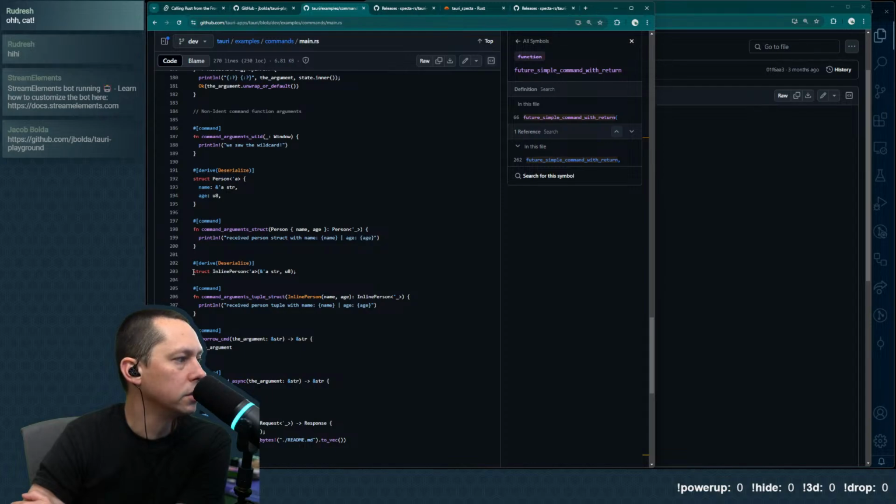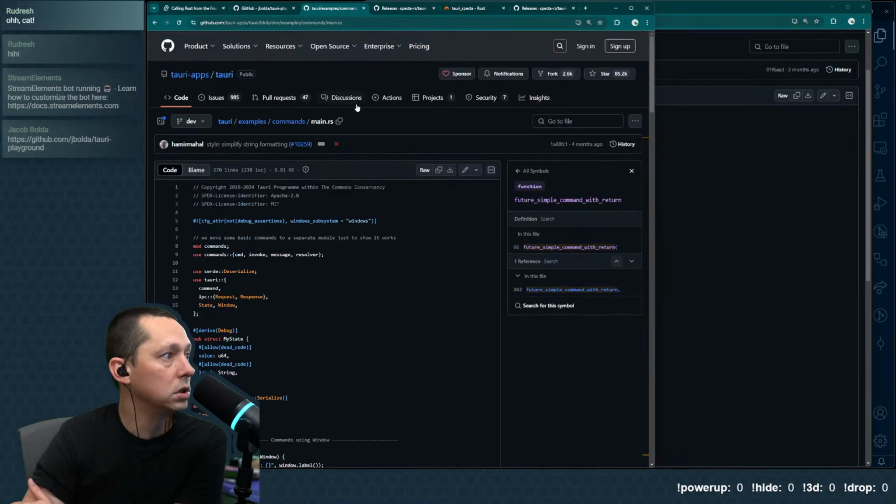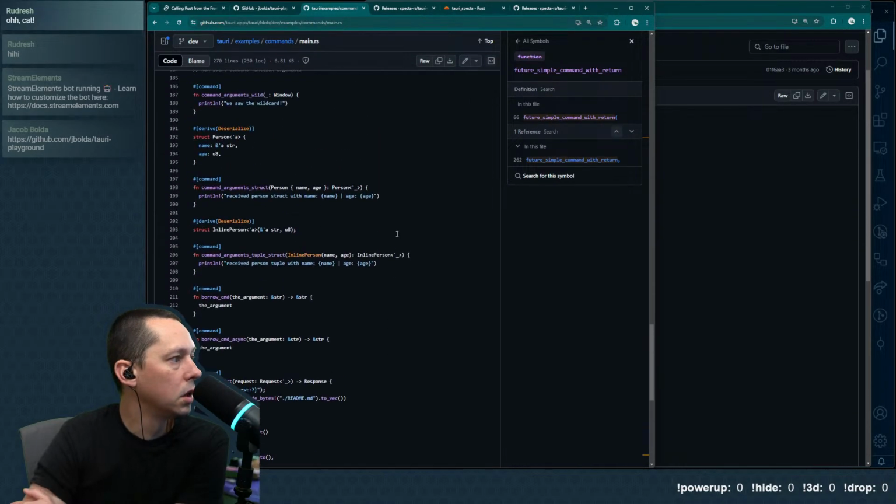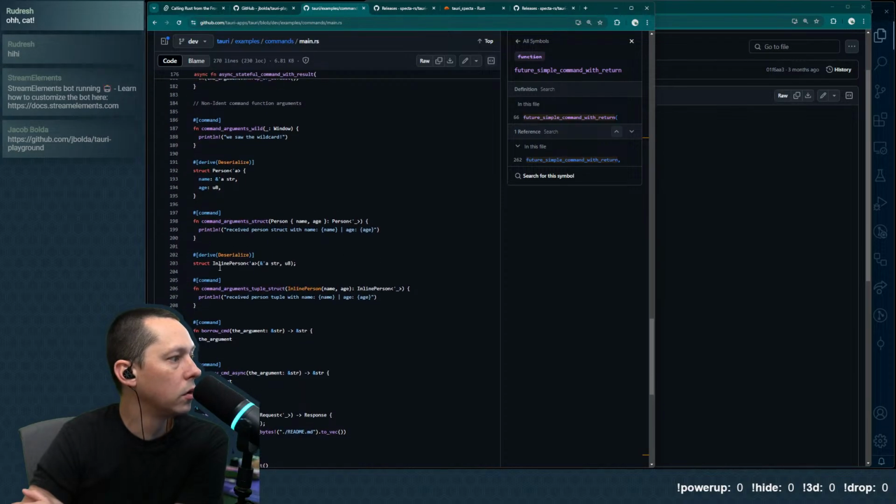All right, so here we have a struct, and it is inline person. You can see there's this derive macro doing the deserialize, which is coming from Serde. Effectively that means that we have a struct here.